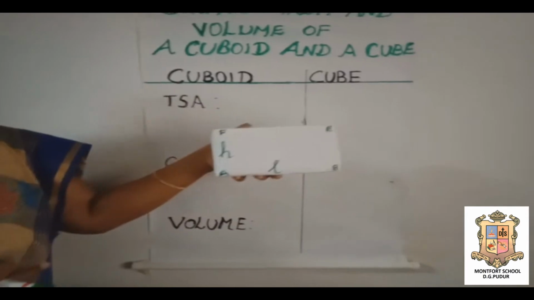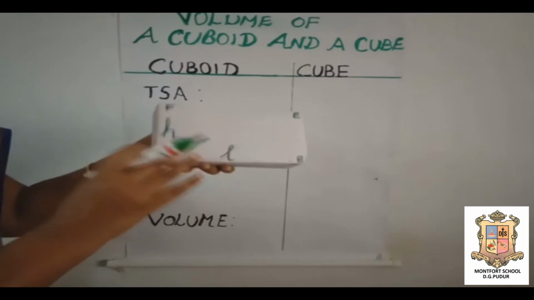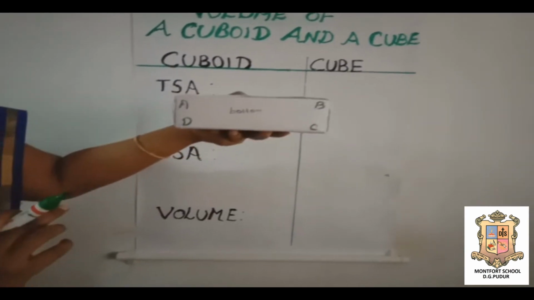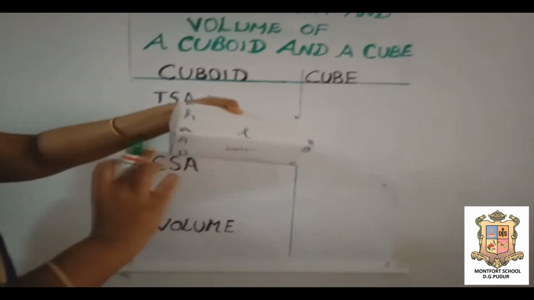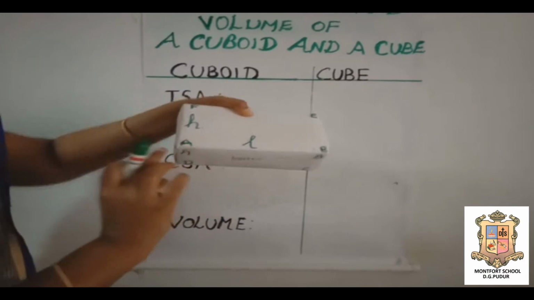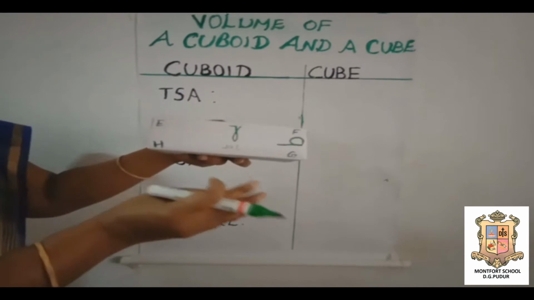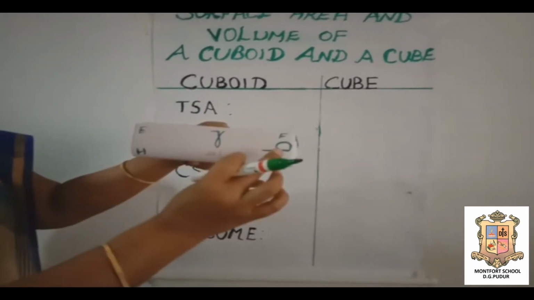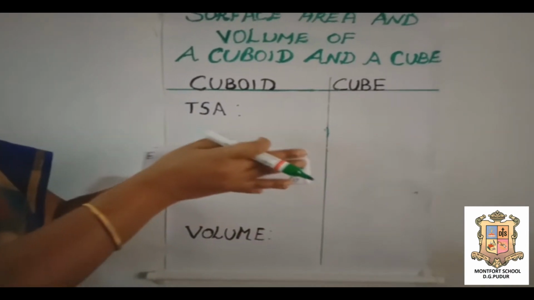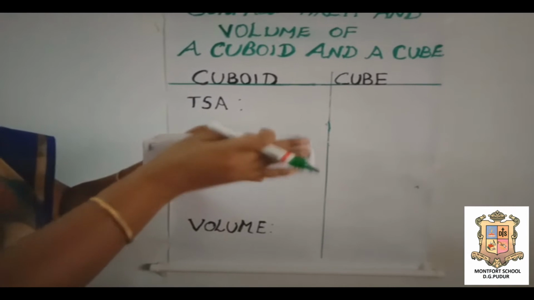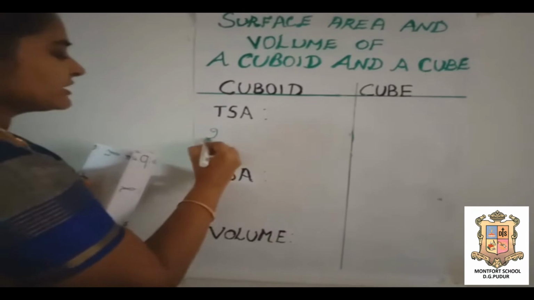The total surface area of a cuboid equals the sum of the areas of its 6 rectangular faces. Now let us find the area of face ABCD. It's nothing but L into B, length into breadth. The area of this face is equal to the area of its opposite face, that is also B into L. So the sum of the areas of these two faces is equal to 2 into LB